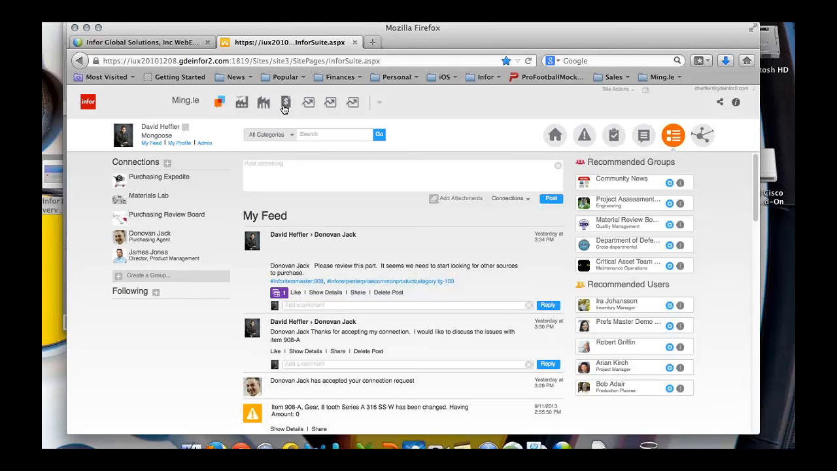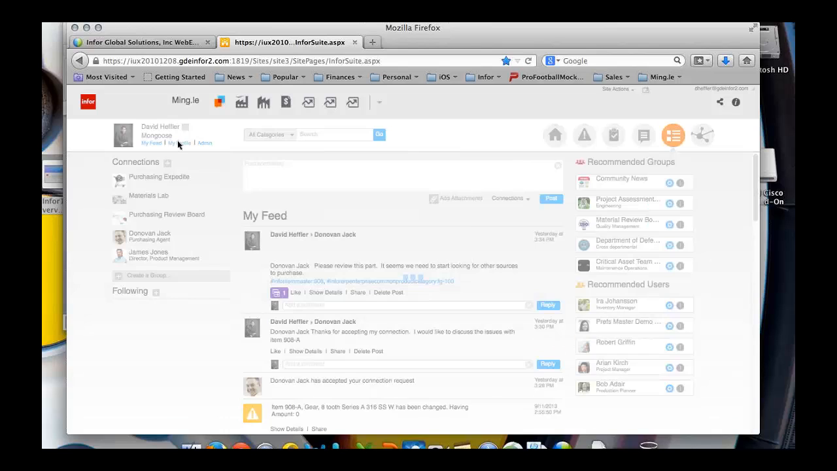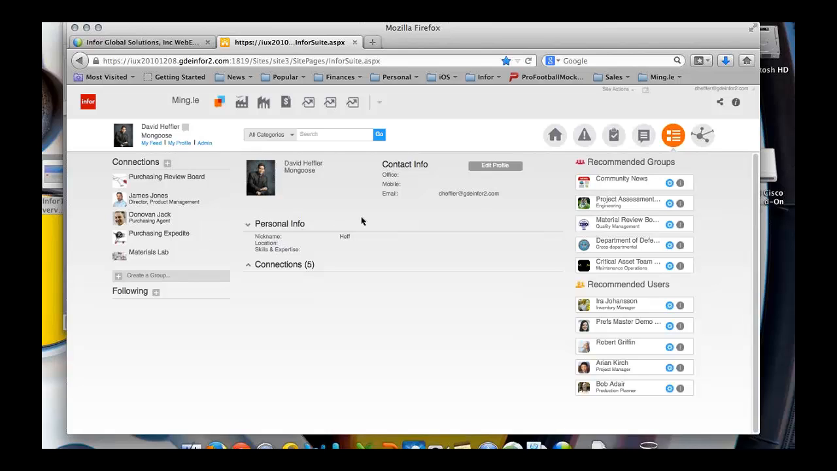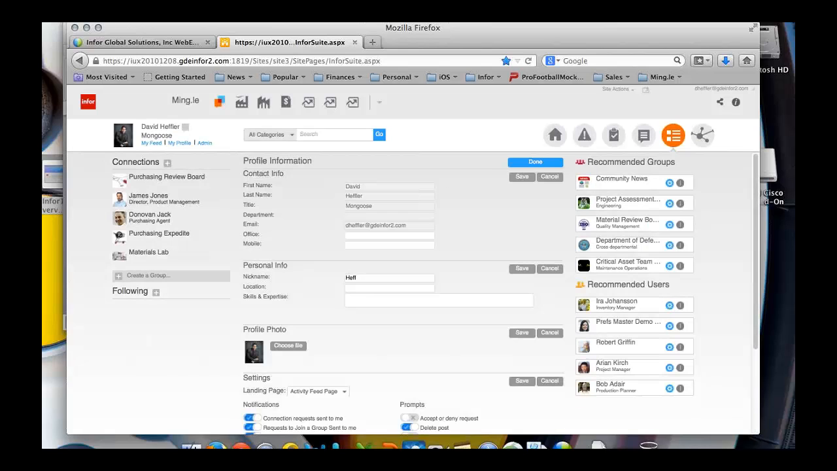We've got EAM. We've got expenses. So we have a lot of top-level applications that are available to you. And you can see I'm loaded in here, and what I'll do is we'll go into my profile, because what happens when you become a Mingle user, one of the first things you're going to need to do is set up your profile. And you can edit your profile by just clicking on the button,